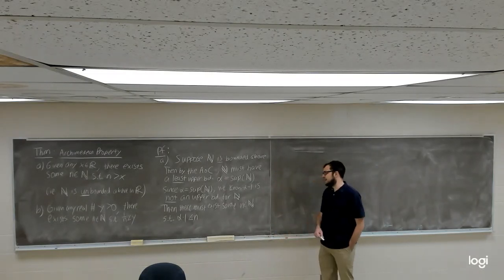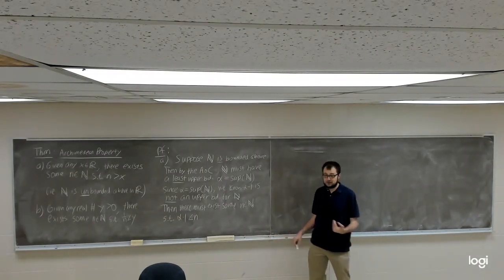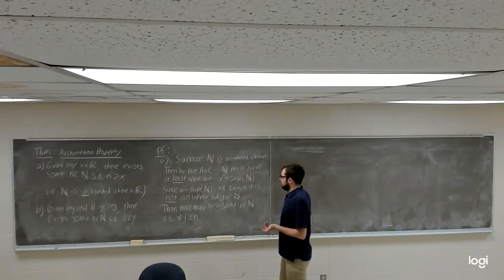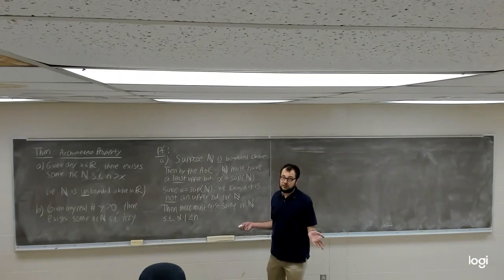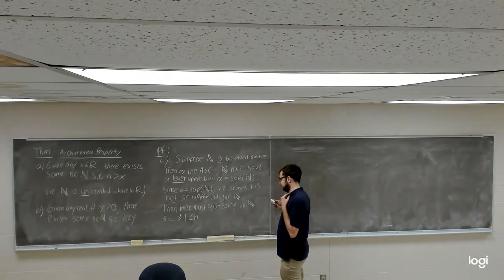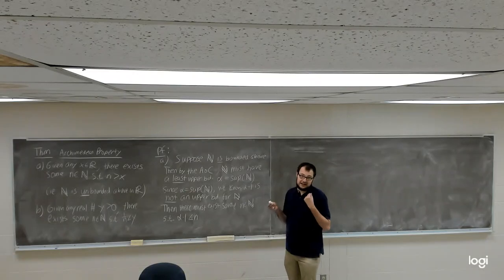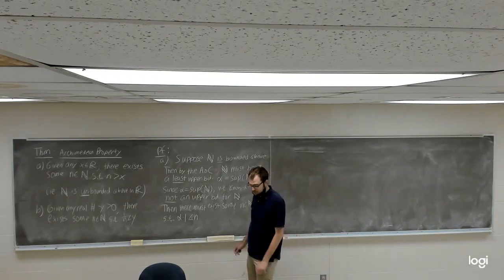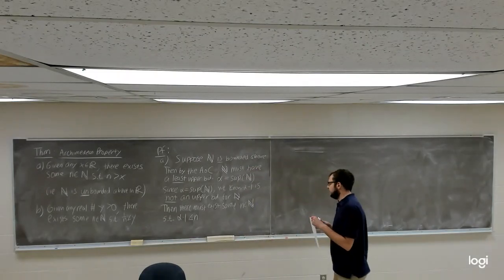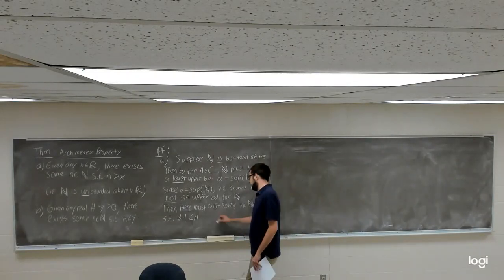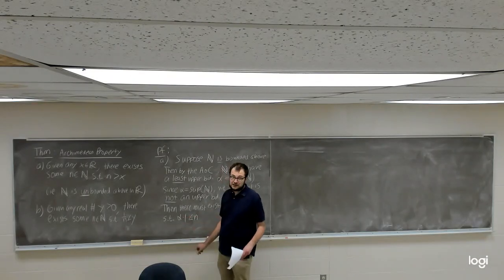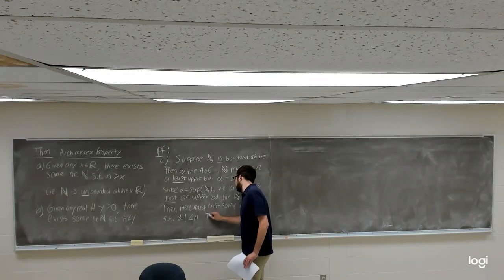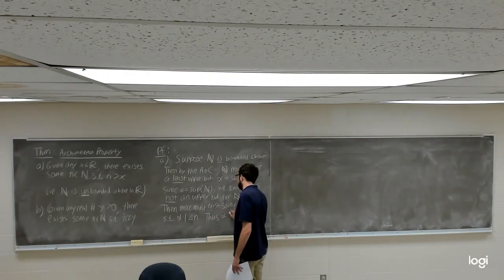Well, if alpha minus 1 is not an upper bound for the natural numbers, in other words, is not greater than every single natural number, then there would have to be at least one natural number that's not less than alpha minus 1, and we can just call that one n. So alpha minus 1 has to be less than some natural number n, and then I'm just going to add 1 to both sides of this inequality. We have an order axiom that tells us we can do that,